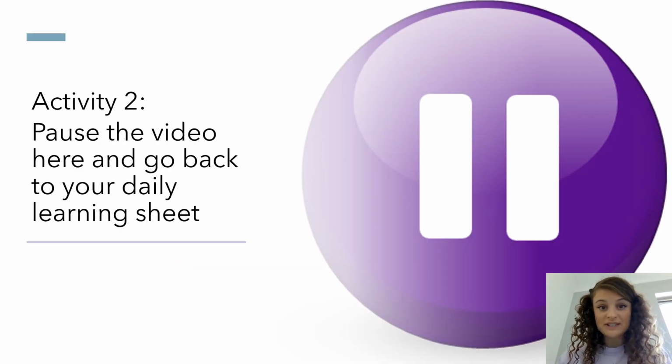You now need to pause the video again to do your next activity. So this activity has got 2 parts to it. The first part is you have got a list of fractions. You are going to find 2 pairs of equivalent fractions. When you have found the 2 pairs, I want you to draw out both fractions to show how they're equivalent. I would draw them out like a fraction wall so that I could see that they were both equivalent. The next part of this activity